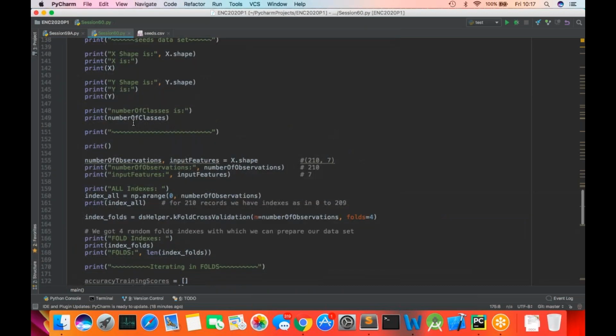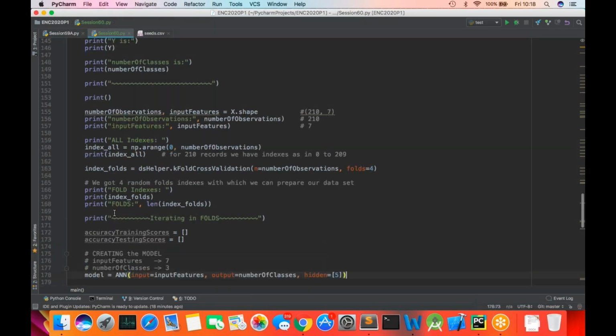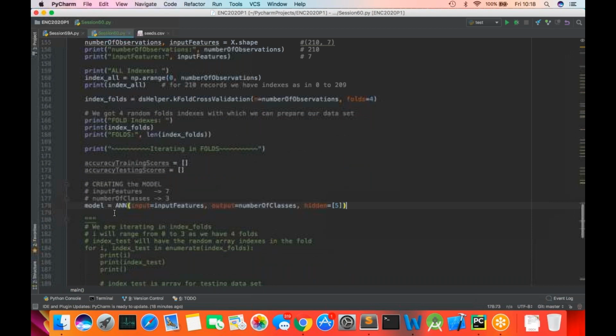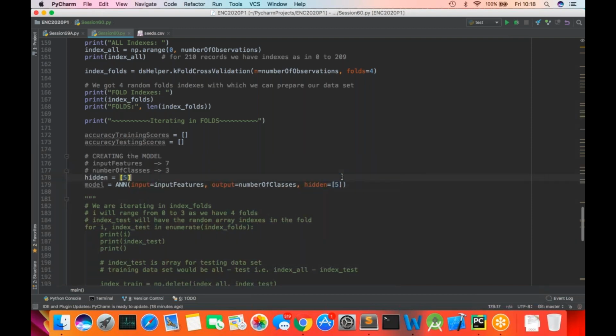So coming here, what if you try to write this? Creating the model. So there are 7 input features. There are a number of classes, which are 3, which we want to predict, right? So this becomes your output. These are targets, basically 3 targets, and I am having this hidden layer of 5. So hidden layer is like 5. It means what? Only one hidden layer